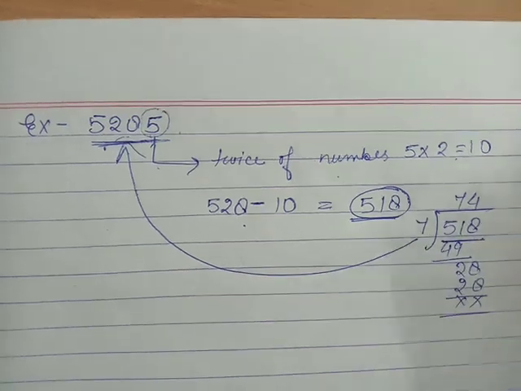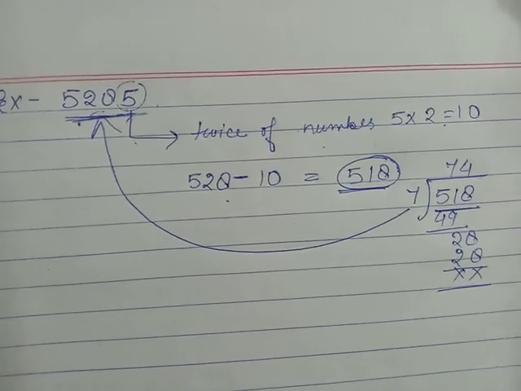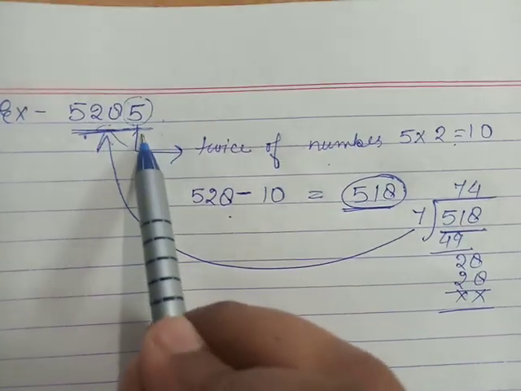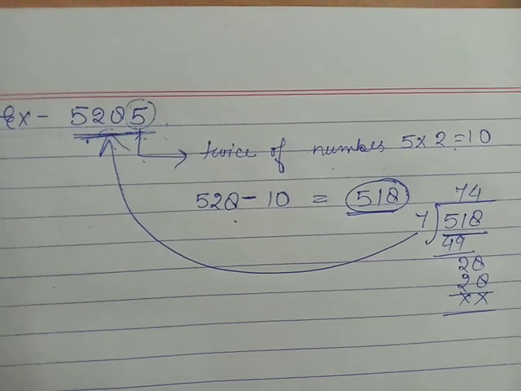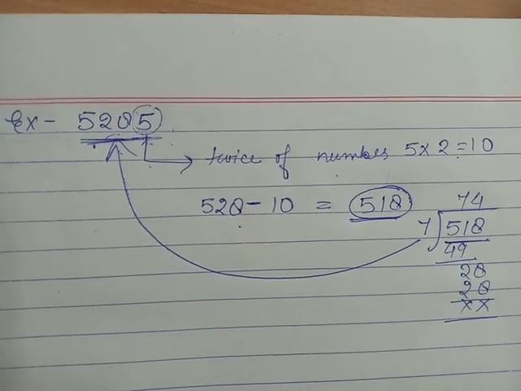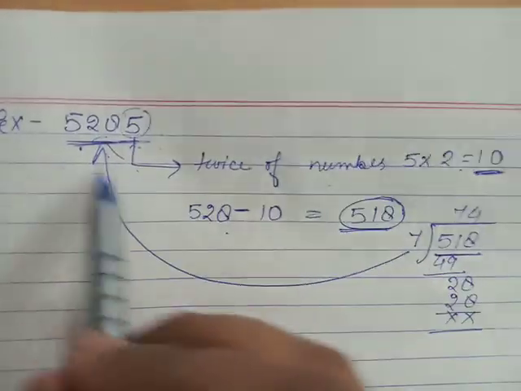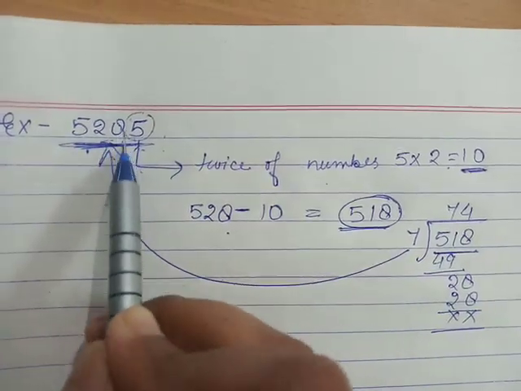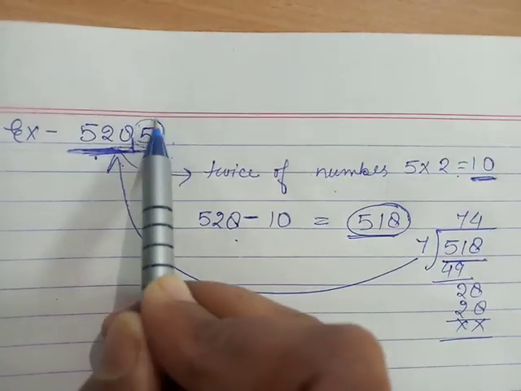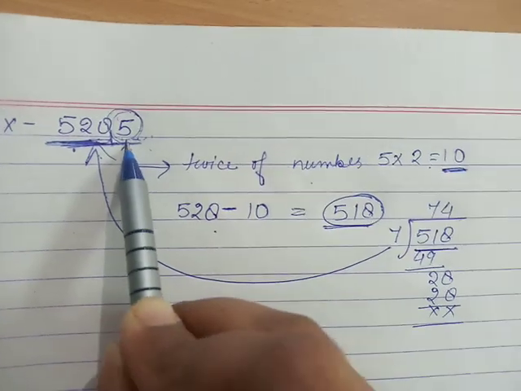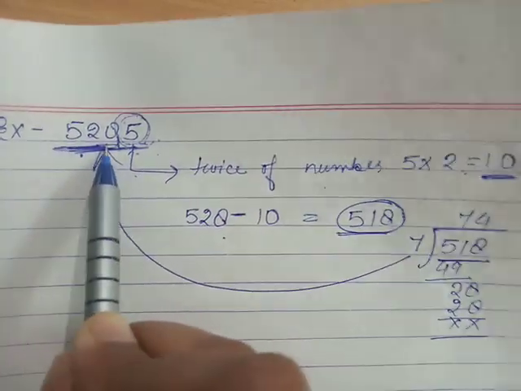Okay, क्या हो रहा है, टेस्ट ऑफ डिविजिबिलिटी बाय 7 में हम क्या करते हैं, जो यूनिट डिजिट होती है, जो लास्ट डिजिट होती है किसी भी नंबर की, उसको हम 2 से मल्टीप्लाई कर लेते हैं, उसका हम 2 गुना कर लेते हैं. दैट मीन्स हम 2 से मल्टीप्लाई कर लेते हैं उसमें, और जो भी हमारे पास रिज़ल्ट आता है बाकी नंबर्स से हम उसको घटा देते हैं. जैसे बचा हुआ नंबर 528 है, 5 को नहीं लेंगे. क्यों? क्योंकि 5 में हमने 2 से मल्टीप्लाई कर लिया है, तो 5 को नहीं इंक्लूड किया जाएगा, सिर्फ इन तीनों को इंक्लूड किया जाएगा.